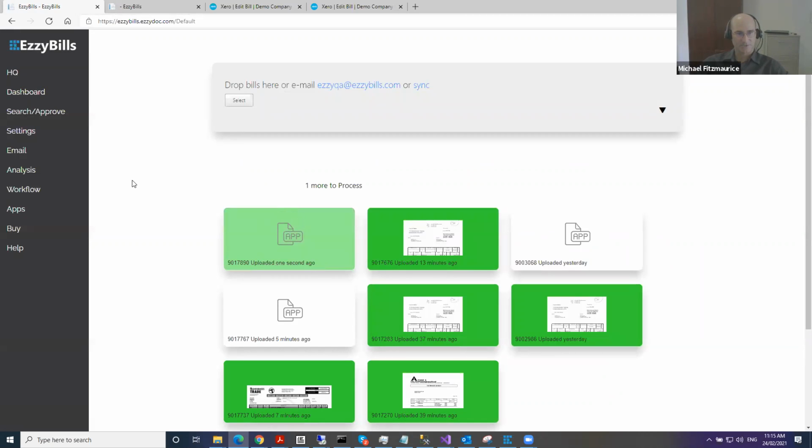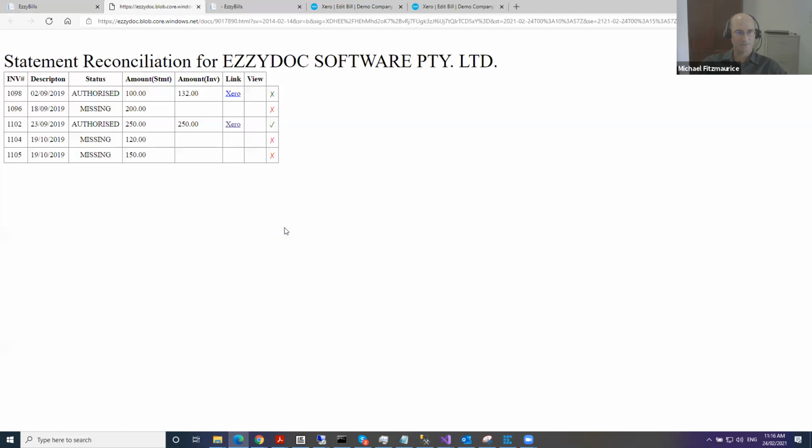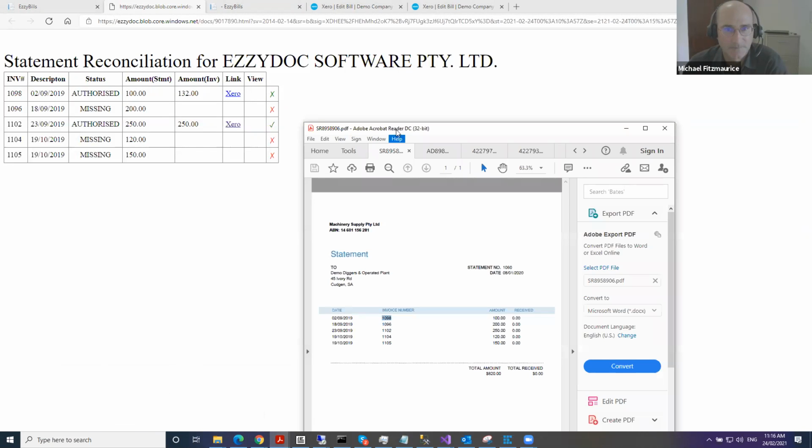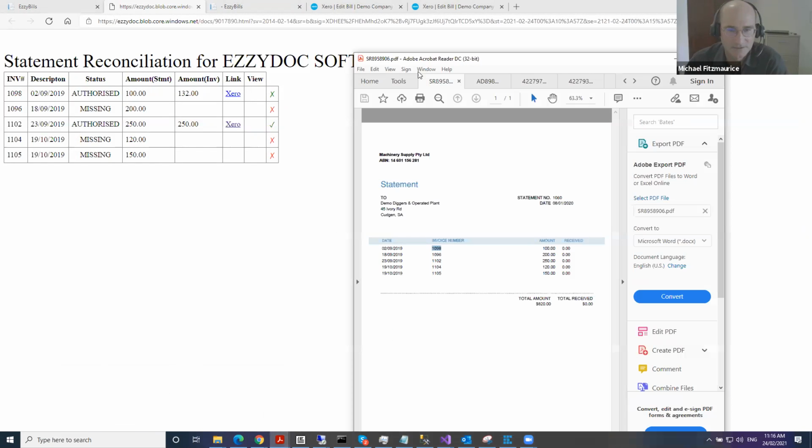And so this is the statement reconciliation app. It's running now. And we're going to extract the details and then generate the report. So I'll just wait a few seconds for that. So that's finished now. So if we have a look at the report, if we bring up the statement again, somewhere here. So what we've done is